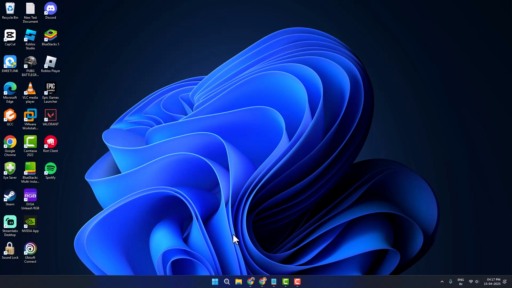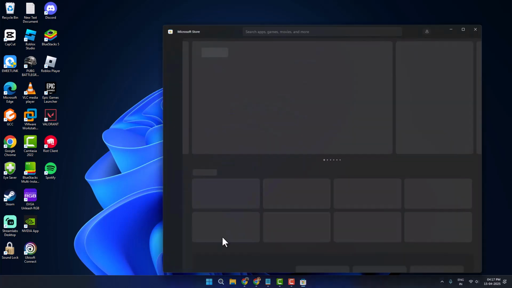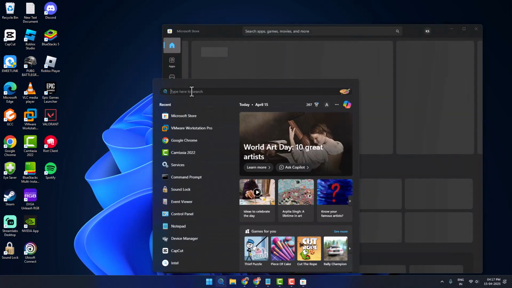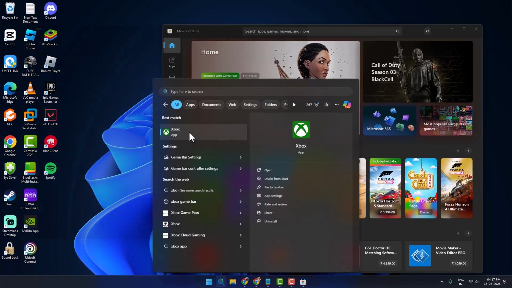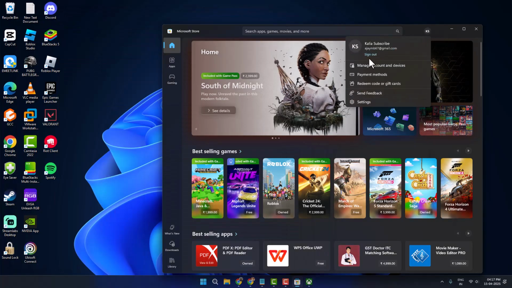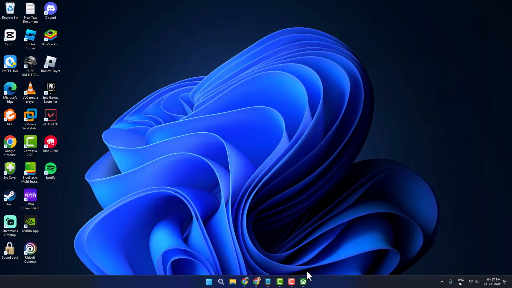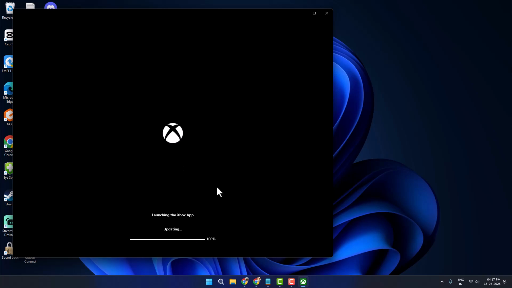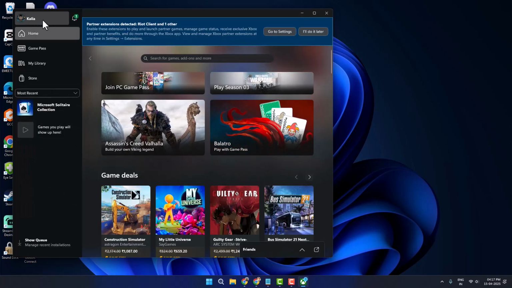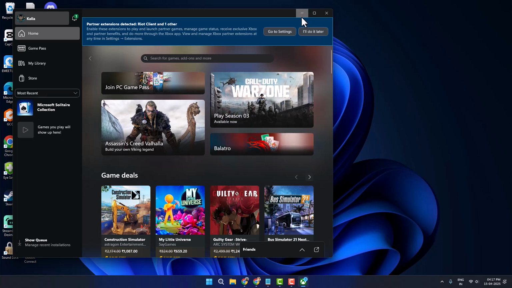If not, method 2: you just need to go to the search menu and type store. Click on open the Microsoft Store. Again, go to the search menu and type Xbox and click on open it. You just need to select the profile icon and select sign out, and sign back in to Microsoft Store. Same thing for Xbox. Select the profile icon over here and select sign out, and after that sign back in and check if the